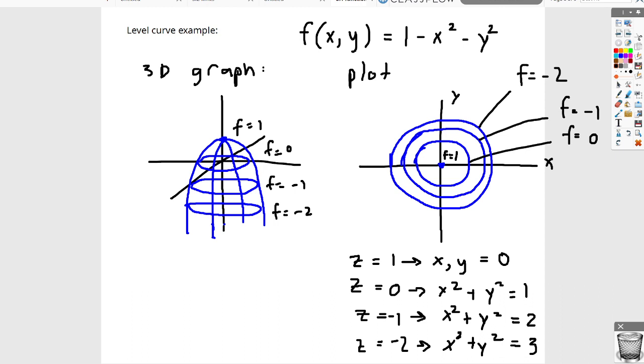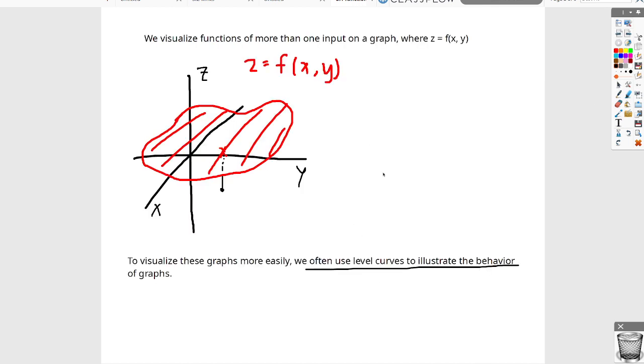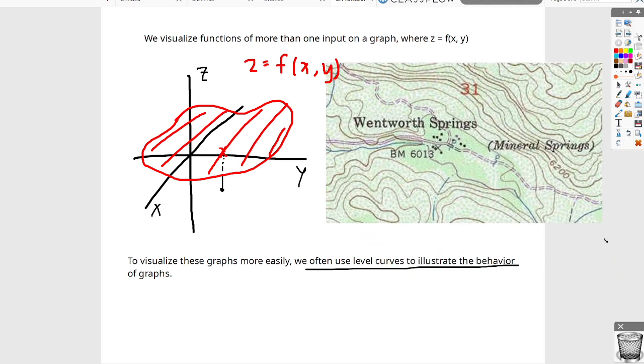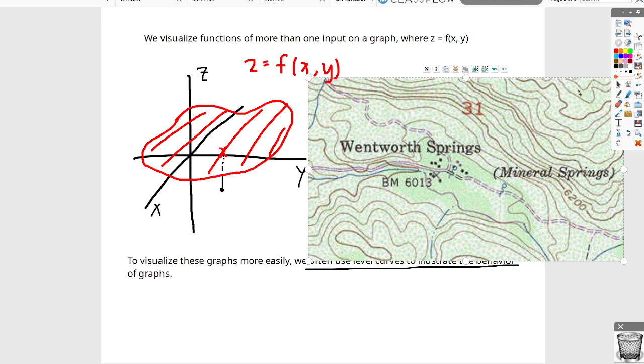Topological map level curve. So I'm looking that up right now, and I will show you something like this. Okay, right? Let me paste it right here, like this. Right, so you can see all these curves right here, and they represent the elevation, right? So maybe this is 6200, right? You see 6200 right here? That's 6200. This is probably a little bit higher or a little bit lower, a little bit higher or a little bit lower, right? So once you go up and up and up,